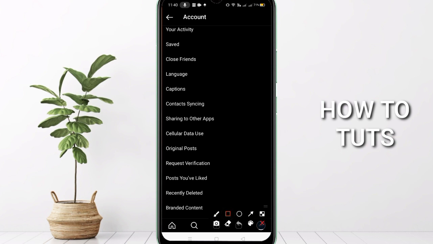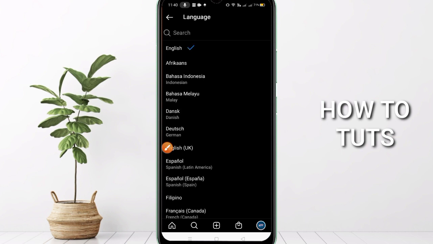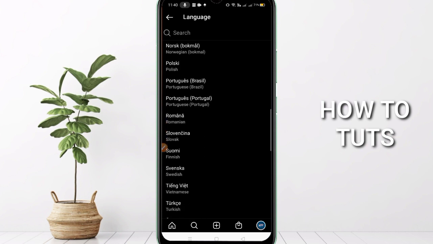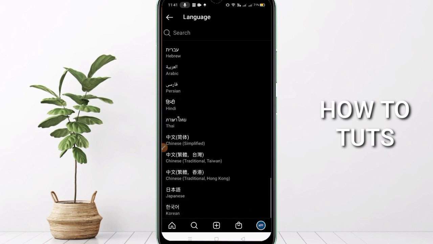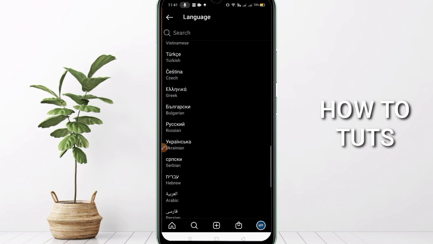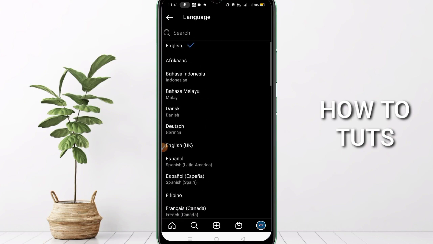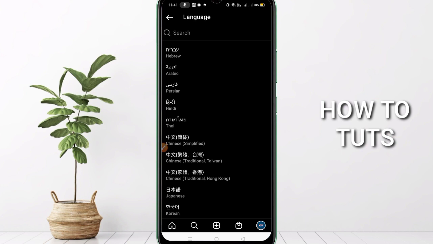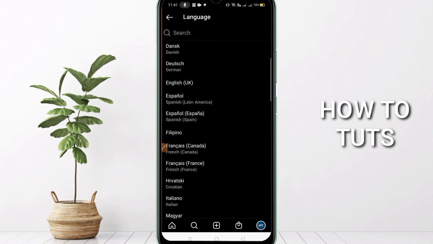and here you can see the option language. So Instagram is English by default, so you can find a couple of options you can select for your own country, but not all of the world's languages are included here. Some of them, the most